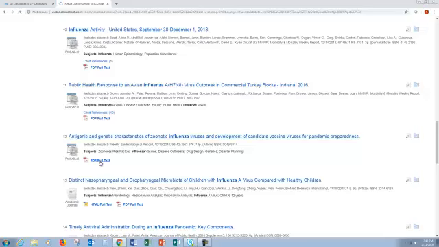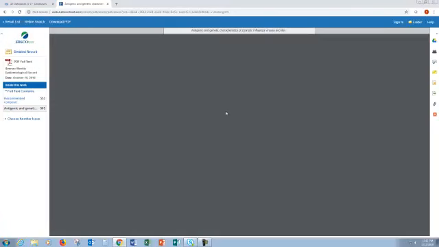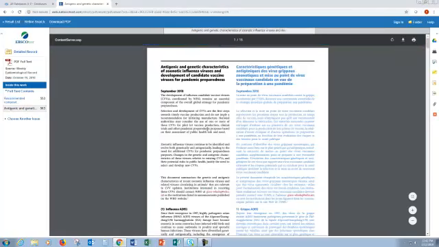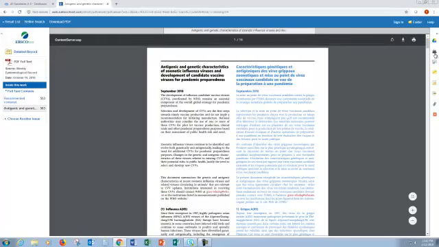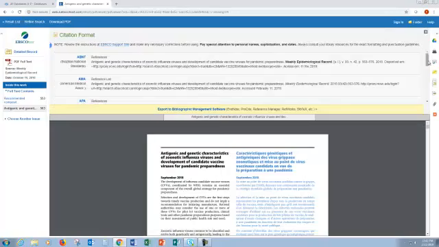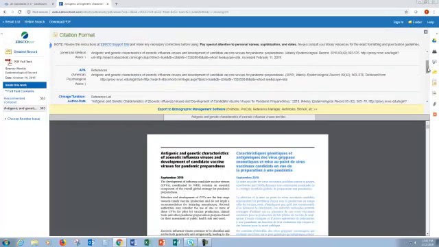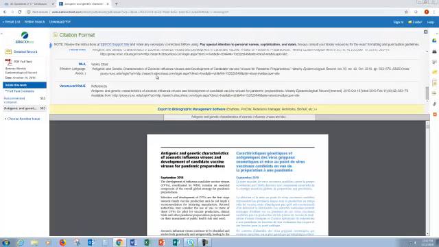When you click PDF full text, that's going to take you to an actual image of the article itself. And you have options on the right to print this article. You can save it onto your computer. You can email this article to yourself. If you need assistance with the citations, you hover over Cite, click Cite, and this will provide you with the citations for your paper. APA is one popular style, as is MLA